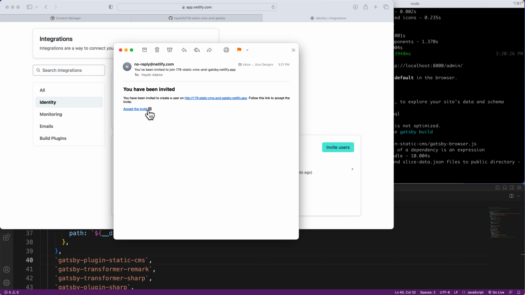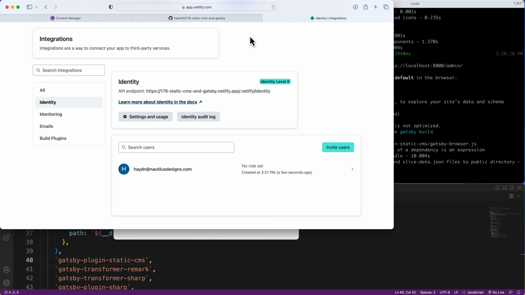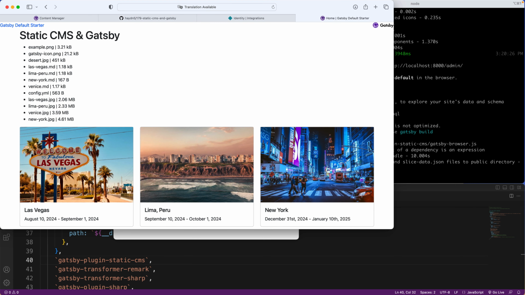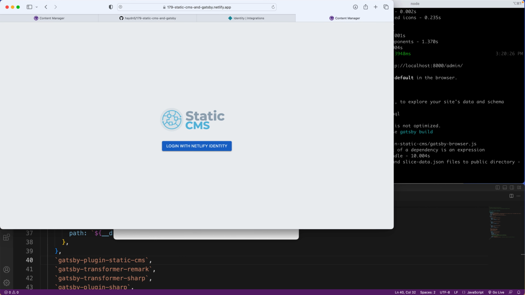Here's the good and bad part. So if we then, I'm going to copy this link for one second. Let's take a look at this URL structure. So by default, it adds the URL and then the invite token, and that's all it is. So if I click this, what's going to happen is, well, nothing. That's because we don't have the identity widget pulling up on the home page. Now, if I were to just adjust this URL, what I can say is admin/,